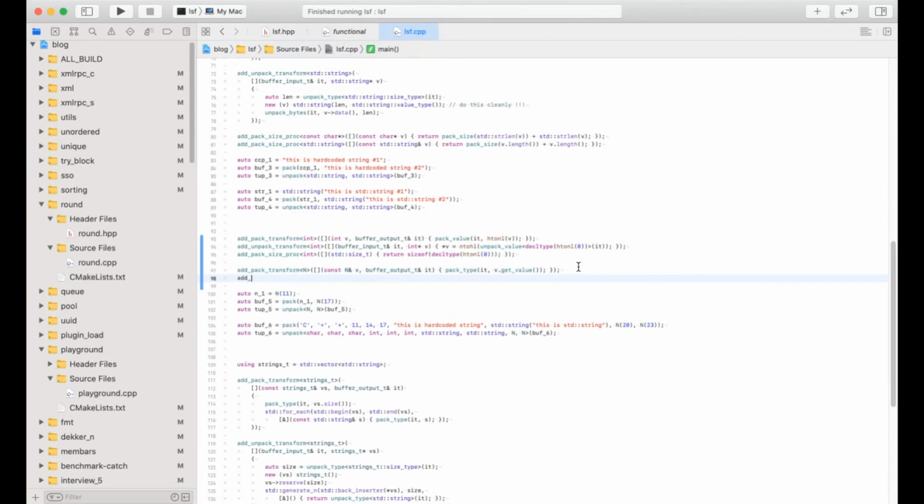So we would do add unpack transform for type n, and the proc here would be, let's see, what is the signature of an unpack transform? It is a buffer input type, buffer input t, again, reference, right? So those iterators get advanced, and that advancement propagates to other next callers. And we know we would get a pointer to a storage where we can unpack this type n. And so what we would do here,